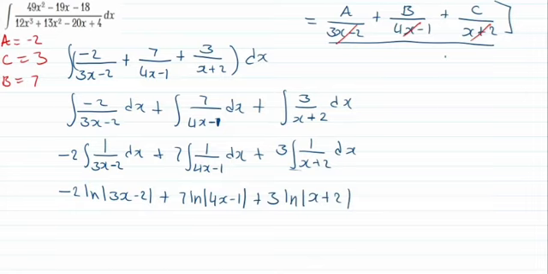So for the first one, it's just ln 3x minus 2. Second one, 4x minus 1. Third one, x plus 2. With this, we can say